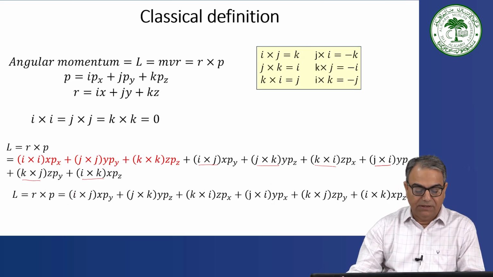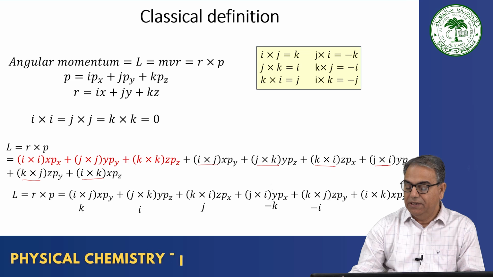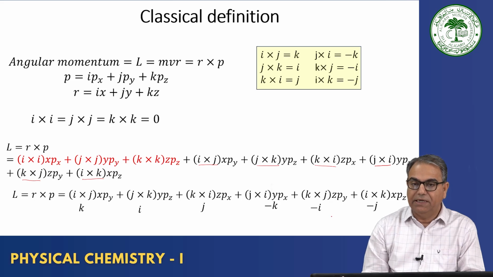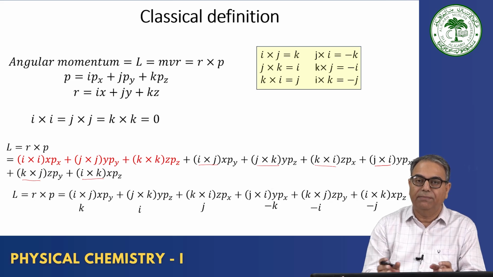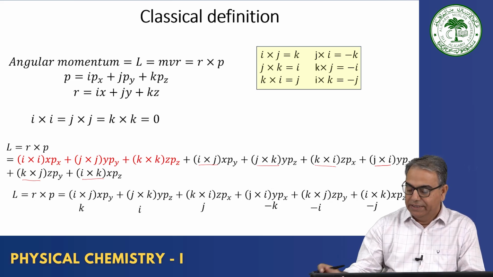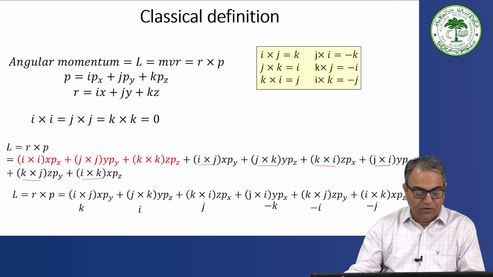In these 6 terms, i dot j is equal to k, i cross j is equal to k, j cross k is equal to i, k cross i is equal to j, j cross i is equal to minus k, k cross j is equal to minus i, and i cross k is equal to minus j. Okay, so you have i term minus i term, j term minus j term, k term minus k term, so that you can combine i together, j together, k together, and if you do that, your L